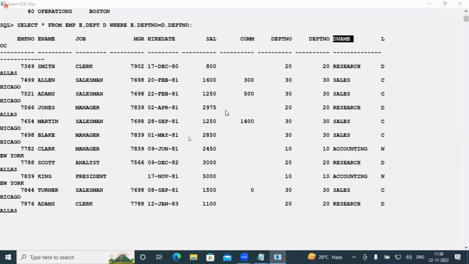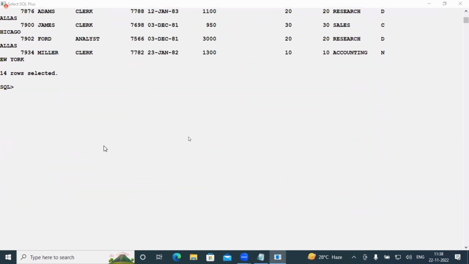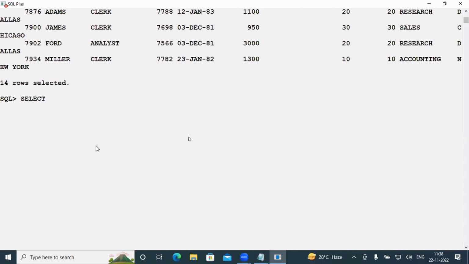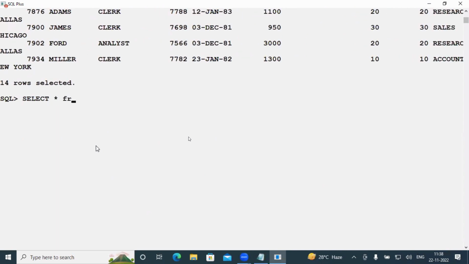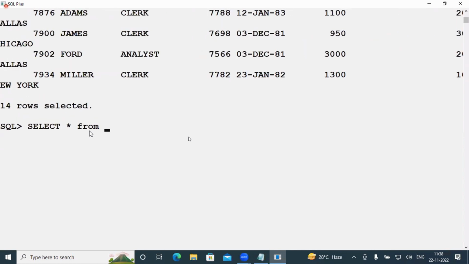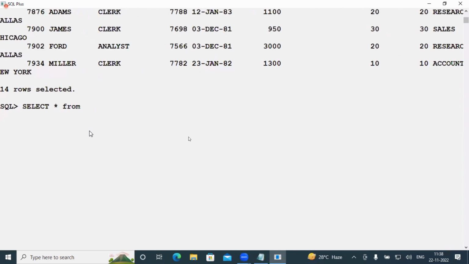Now see, I'm applying group by here: select star from EMP E, DEPT D, where E dot department number